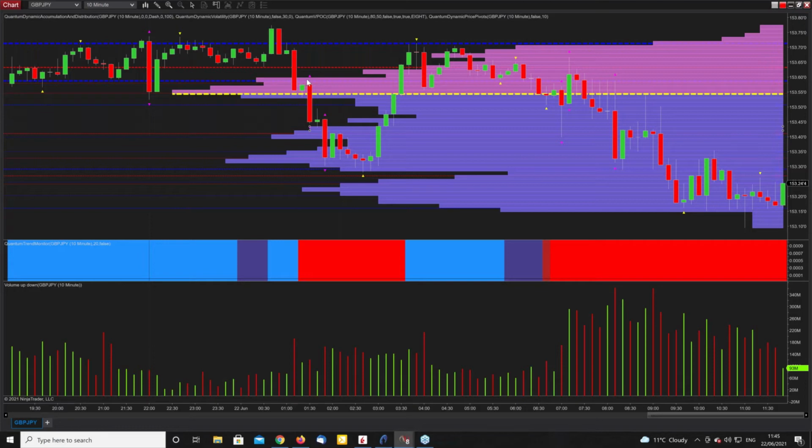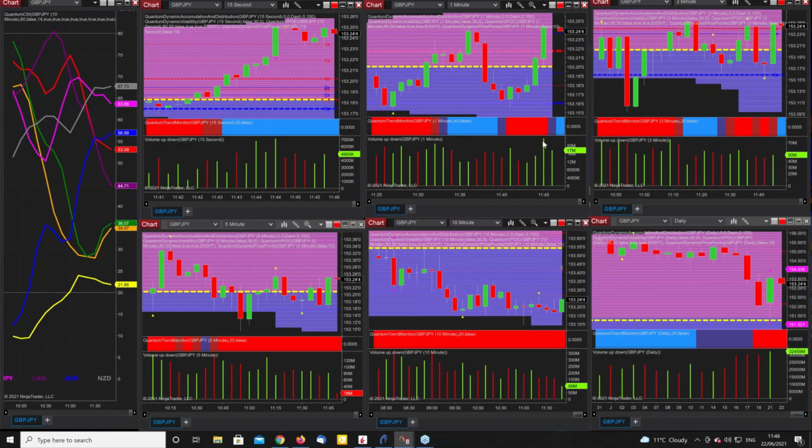But this is a similar sort of picture. Resistance overhead, down to the volume point of control, lots of effort to rally, volatility candle, and again, you would see this on 10. I don't think we have one on 5, so that's telling you we're into volatility, which we were. Didn't actually reverse, just went into congestion, and on down we go. And it's really a case of just putting together the entire picture as you go along.